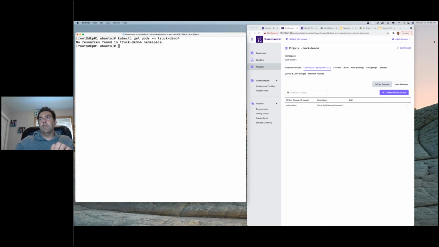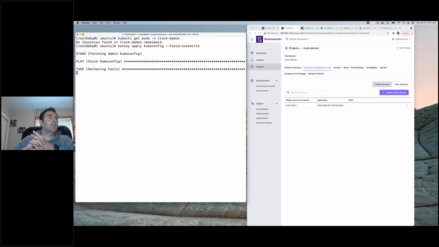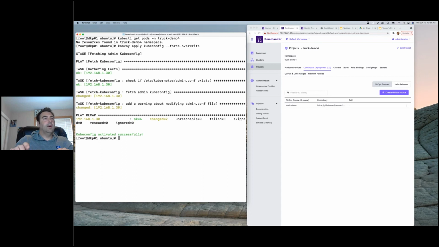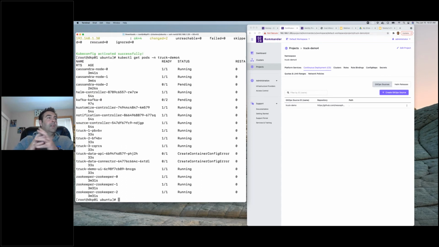I think I'm pointing to the wrong cluster, so let me just apply my kubectl. So this is our Convoy CLI. It's a wrapper around it. So what we're going to do is look at our local admin.conf file, grab our kube config, and force an overwrite. So I think I was communicating with a different cluster this morning. So now we can just rerun that command. And now we